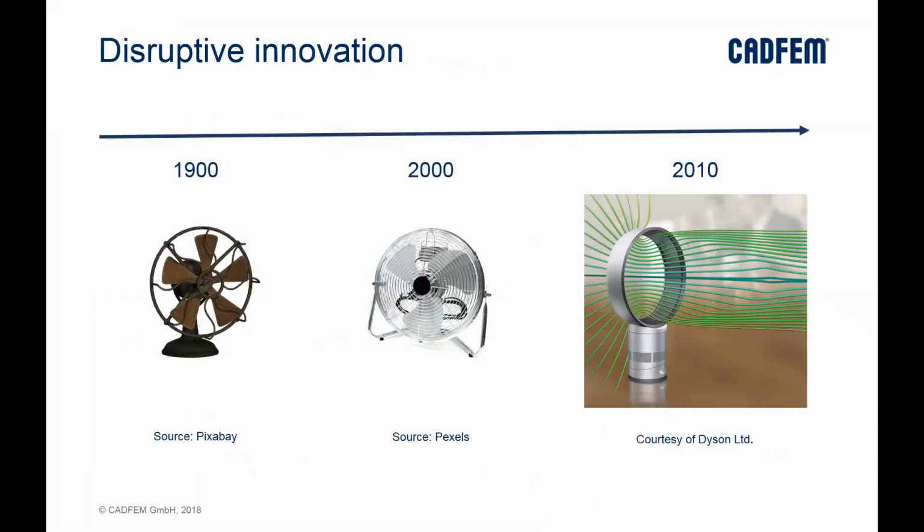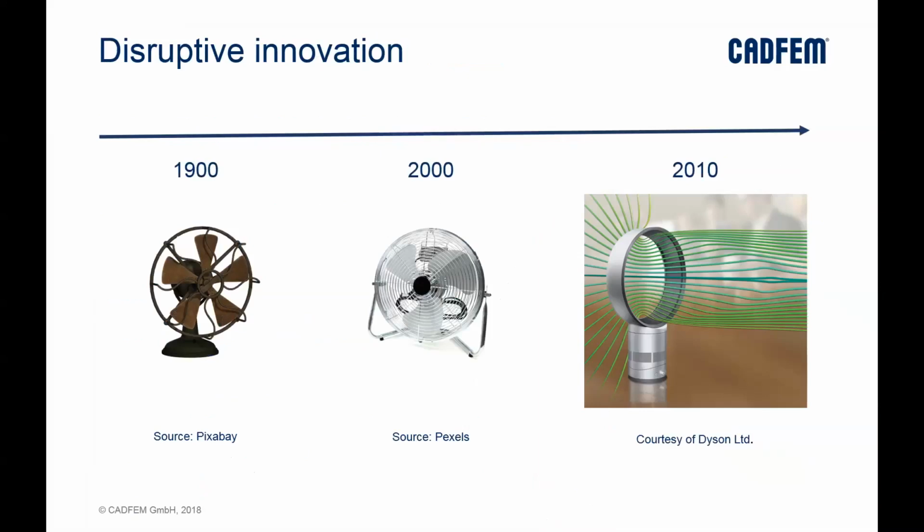So when we talk about disruptive innovation and developing a product which is really different from others and which makes a surprise, I like to use this example from our director here in Switzerland, which just shows the timeline of the fan development. So the first fans were developed at the end of the 19th century. And then probably all companies which were developing them were saying that they were innovating the design and they were really changing the concept of the fan. But if we compare how fans looked like 100 years ago and even today, well, we see very, very similar